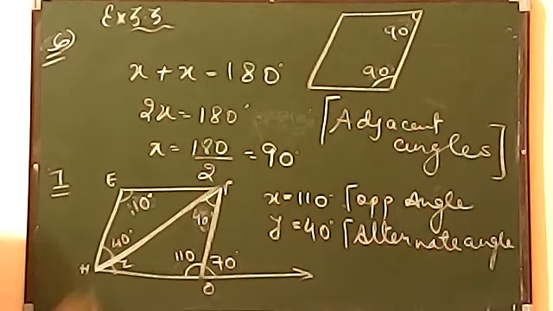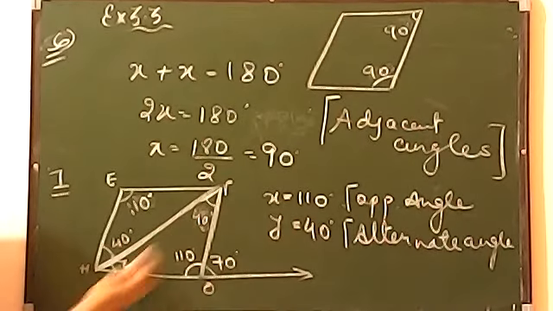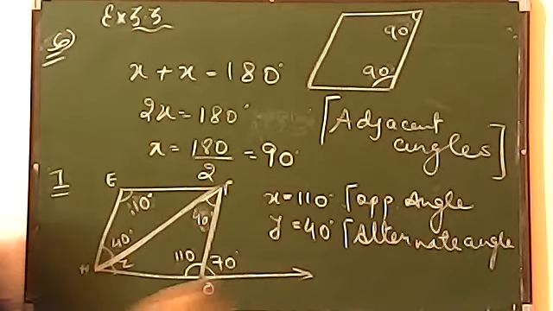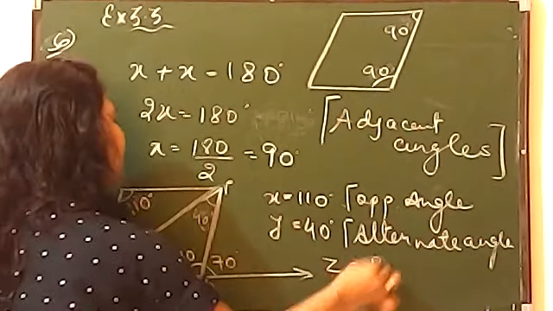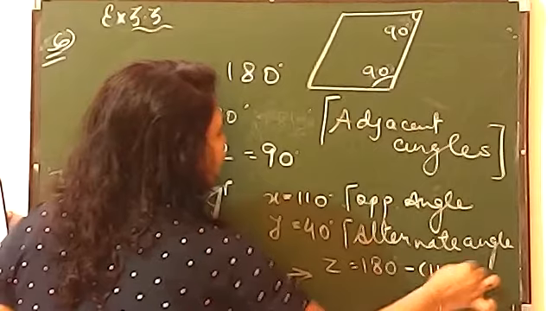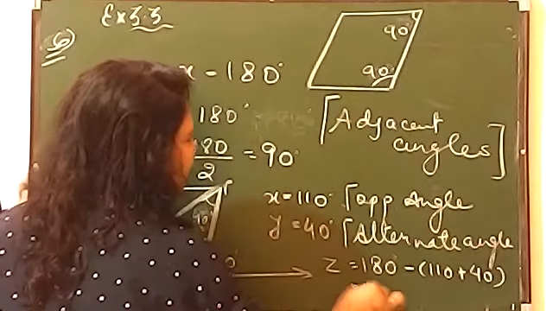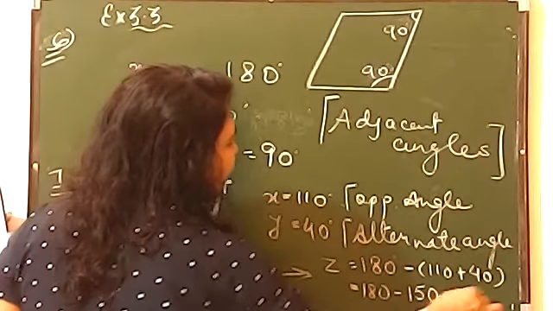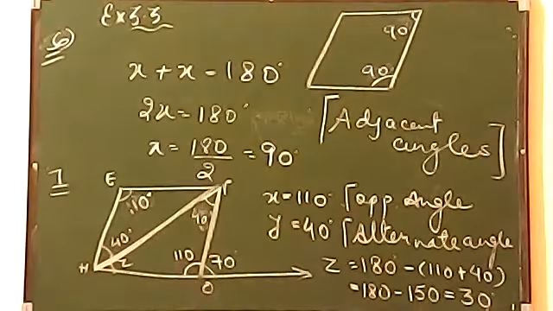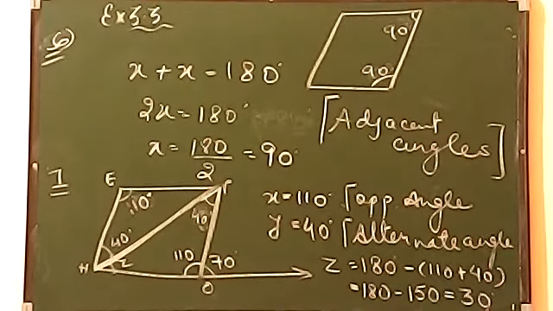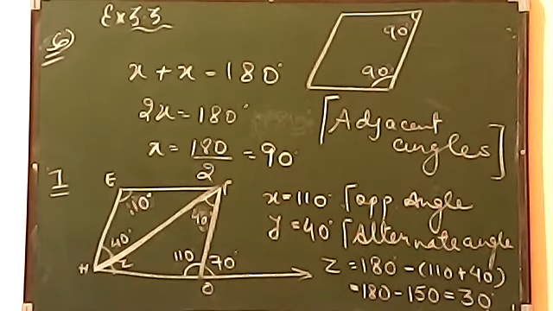अब आपको जैसे Y मिला बेटा, now look at Z. You can use the angle sum property of a triangle. Z will be 180 minus 110 plus 40. Angle sum property. So 180 minus 150, you will get 30. So remember the value of Z will be 30 over here. So this is all about question number 7, one more pattern we have done in the previous question also, beta.